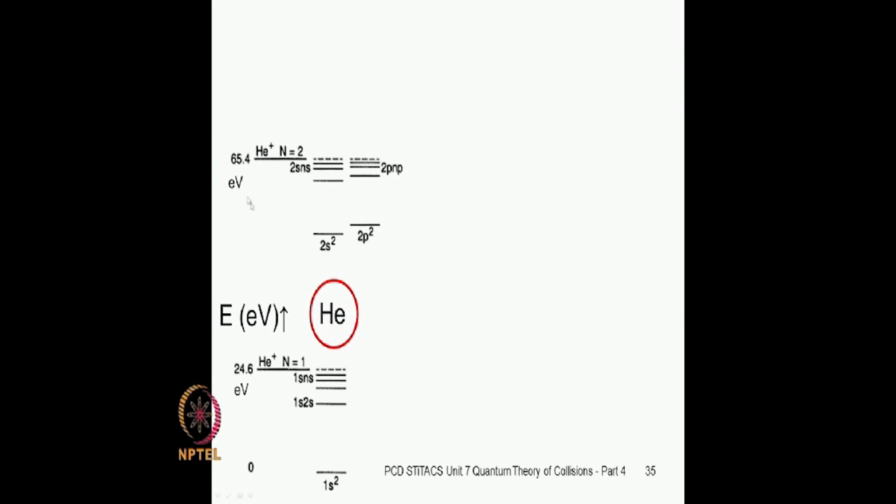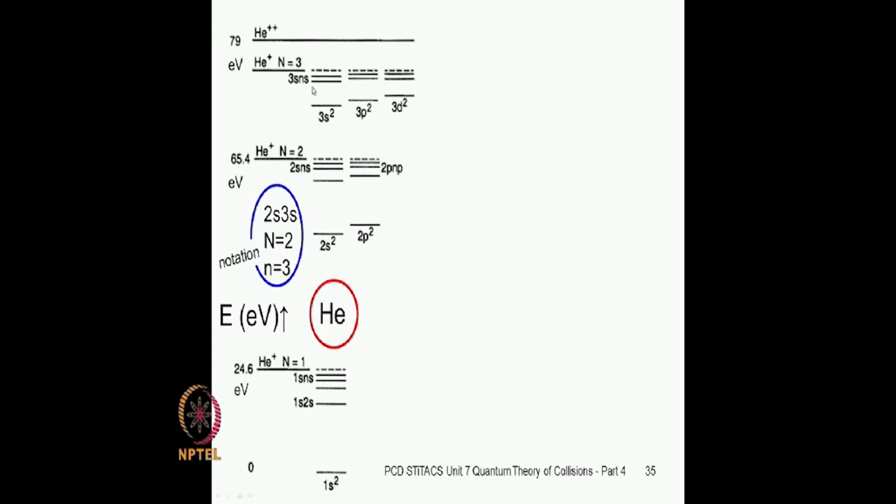Then you can have another one which is built on this 2s2, which is what I mentioned in the previous slide. The notation is this: 2s3s corresponds to one electron having a principal quantum number 2 and the other having 3. It doesn't matter which one is which. Then you can have another one, and you can actually have an infinite series. And notice that the discrete bound to bound of one series can be embedded in the continuum of another. So those are degenerate,